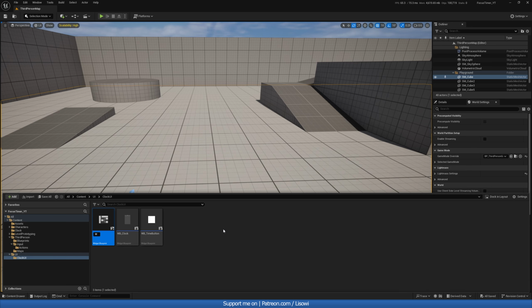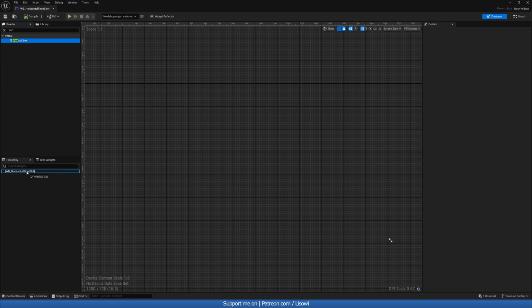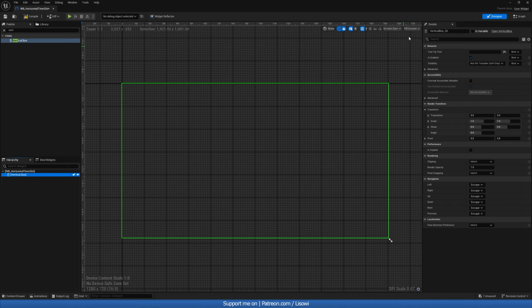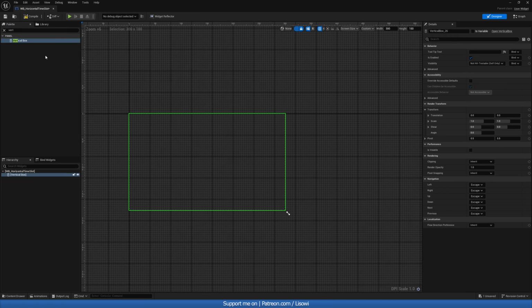And this we can call WB_horizontal. Time window, time slot, whichever you prefer. Let's open it up. And in here, I want to start by adding a vertical box. And actually, for the size, we can do custom, something like 300 by 180, let's say. Oops, 180 should work. And in here, then I want to grab two texts,